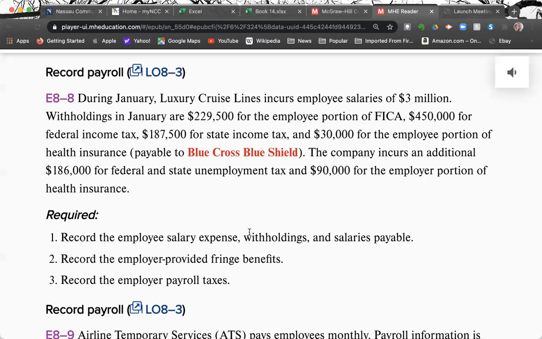That's the first entry. The second entry: what are the fringe benefits that the employer is paying for? The employer is paying $90,000 for the health insurance. So the health insurance is a total of how much? 30 and 90 is 120. The employees are paying 30, the employer is paying 90. What entry are we going to make for that 90? And then finally, the payroll taxes. The payroll taxes are what? It's the unemployment taxes and the Social Security tax that's paid for by the employer. So with that in mind,